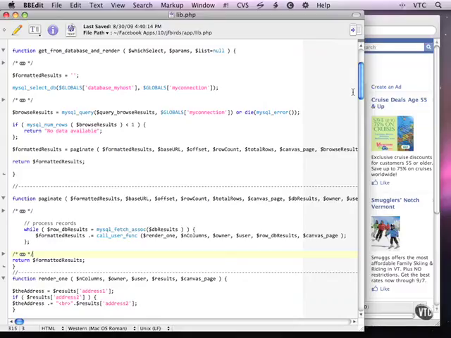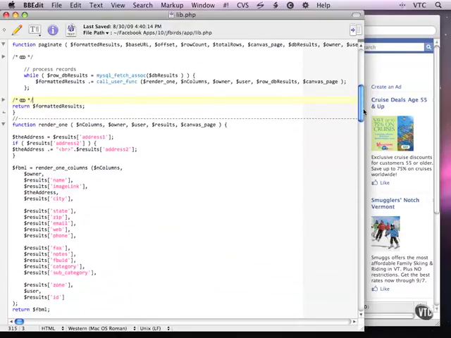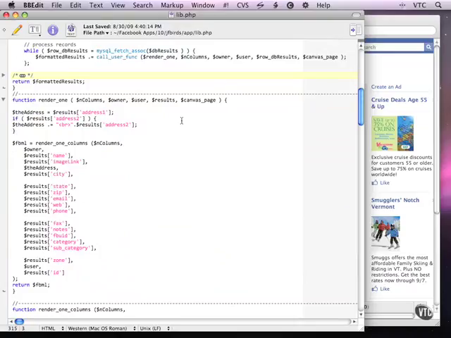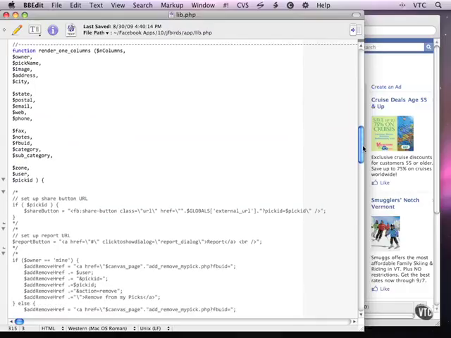Now let's continue drilling down into the code, and what we're going to do is move down through paginate into the code that is actually rendering the display that we're going to look at. And here render1 is this intermediate function that can do some munging of data, and we're finally looking at the code that is going to render one item in a certain number of columns.